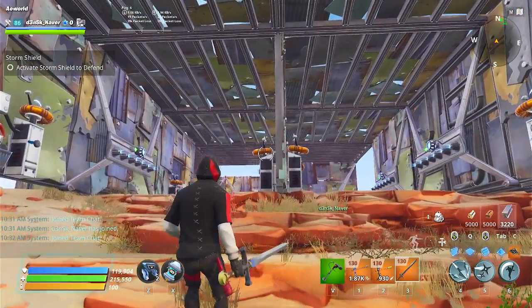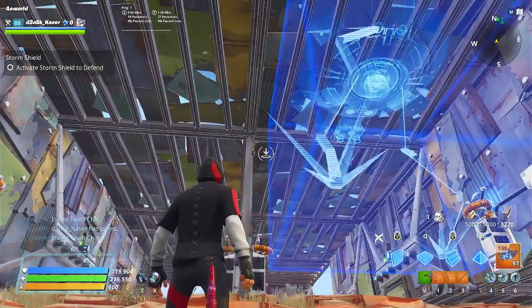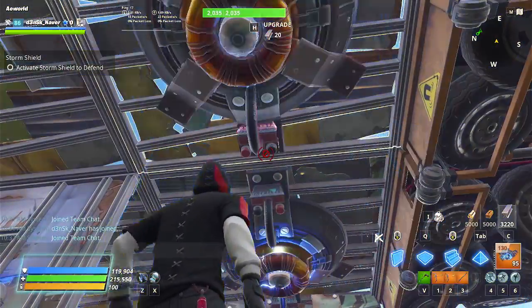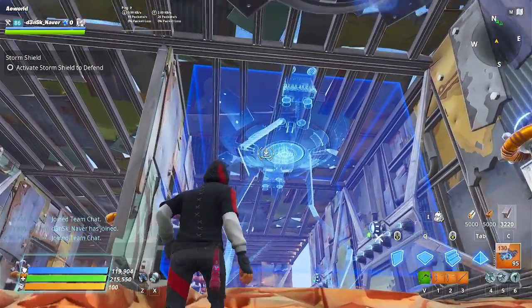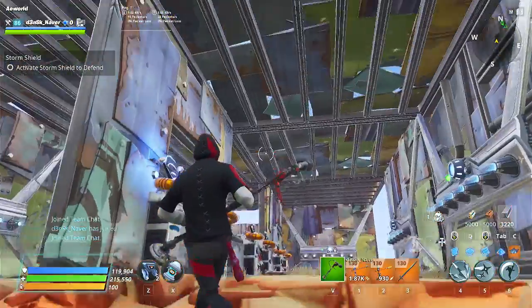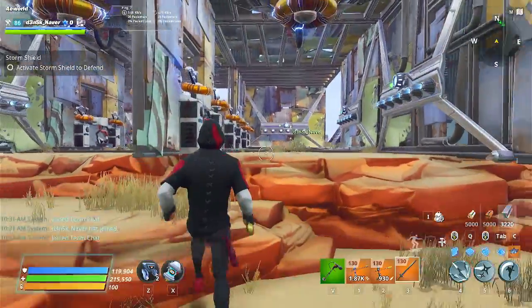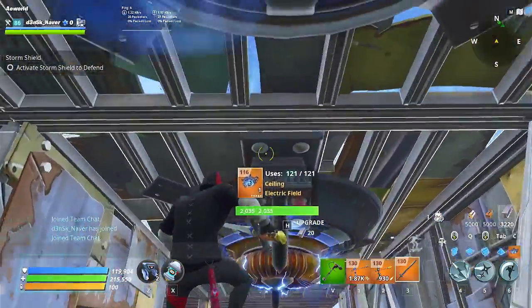So it's not the opposite way around. Trust me. So yeah, you can place two electric fields right here, the same, because you might want to zap them out here as well. And you can also put the same thing here too. So 1, 2, electric field, or you could put a gas trap or whatever, because gas traps can still